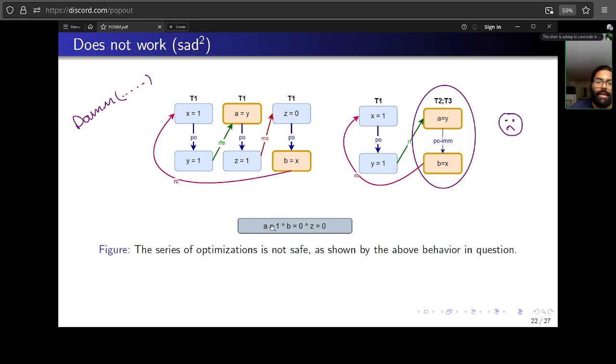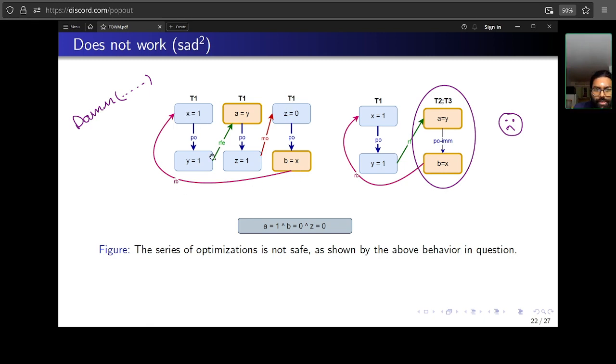Let's say again a equals 1, b equals 0, and let's say my final value of z should be 0. So in the original program, I'll need an MO that actually enforces this. But if you can see here, this is actually disallowed even with our new model due to RB, MO, HB. So there's an RB here, MO, HB.